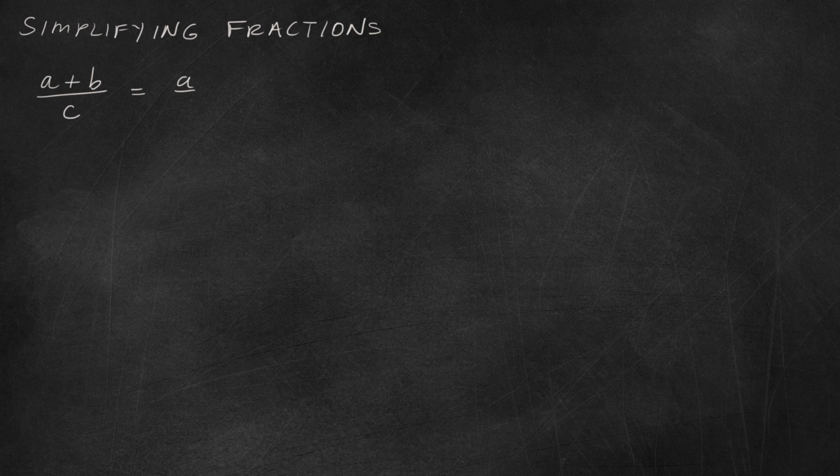In this next set of exercises, we're going to look at simplifying fractions. And oftentimes in calculus, you're going to have to simplify complex fractions. So we'll see those in a moment. But first of all, let's just remember, if you have (a plus b) over c, that fraction can be separated. It can be split into two separate fractions, a over c plus b over c. However, if you have one term in your numerator and two terms in your denominator, you cannot separate that. Okay, so let's get started